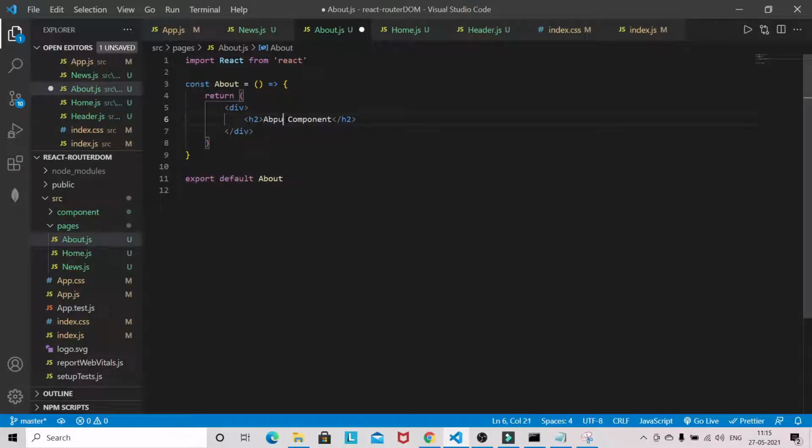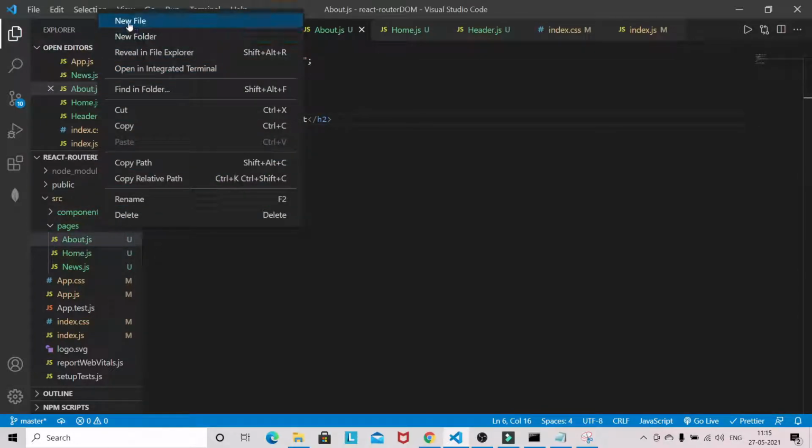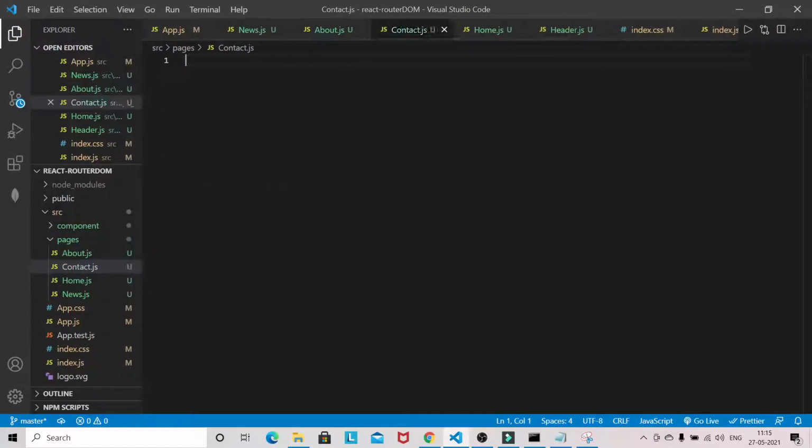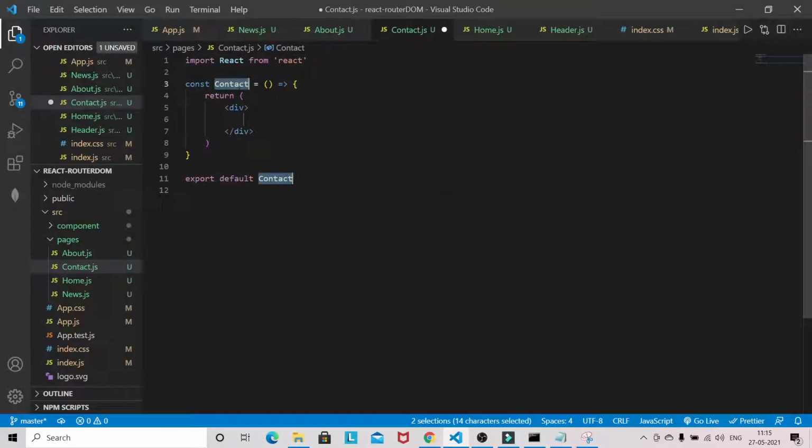So about, and this is the contact, so this will again be a contact component.